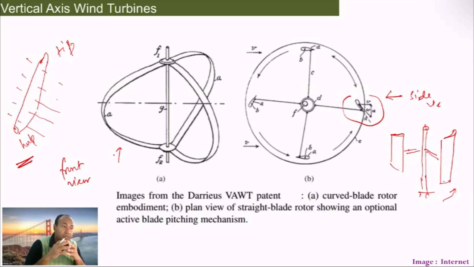The situation is such that in a horizontal axis wind turbine, if you try to build something with variable pitch, that's going to be a big problem because the turbine blade diameter, or the rotor diameter, is quite high. Whereas in the vertical axis wind turbine, this variable pitch mechanism could be an easily doable choice and is usually done.